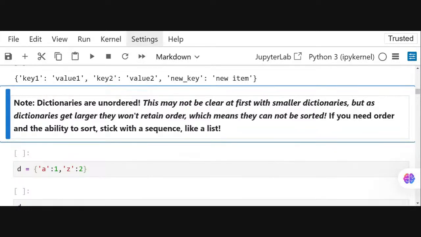So note, dictionaries are unordered. This may not be clear at first with a smaller dictionary, but as dictionaries get larger, they won't retain any order, which means they cannot be sorted. So that's one of the downsides of a dictionary. You cannot sort them. If you need the ability to sort, stick with a sequence like a list. Are you with me? So you cannot sort a dictionary, right? You cannot sort a dictionary,